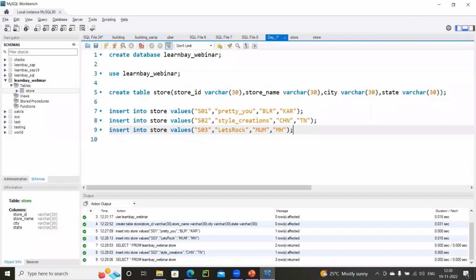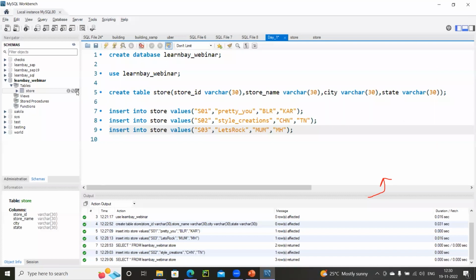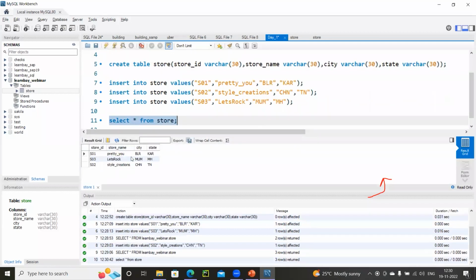Okay, now let me show you the select command. Maybe after that we can insert into our second table also, and then we can go ahead and do an alter. Now coming to the DQL command. Now as I said, select is used to display, or to view the records inside the table. Now you can view them by simply clicking this third symbol also, or by command. If you want to do that, you can write select star. Star represents everything from my table. Hit enter, you could find everything.